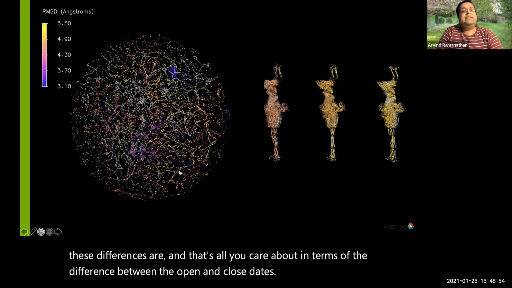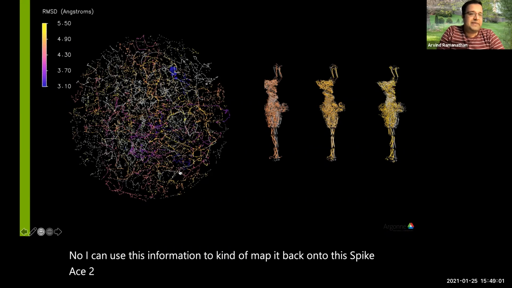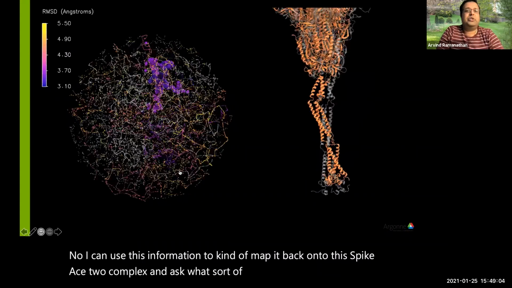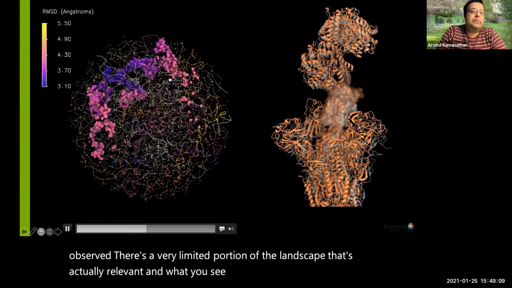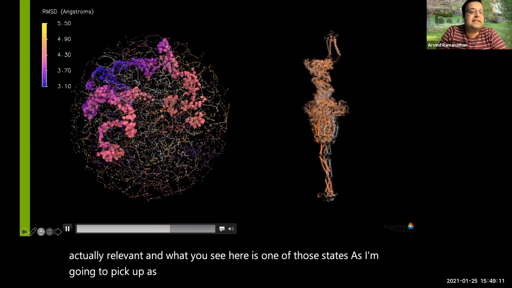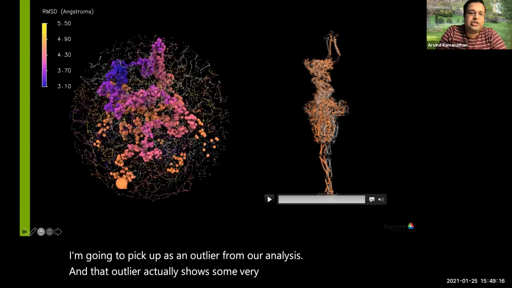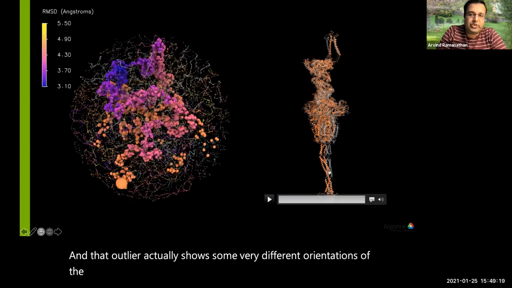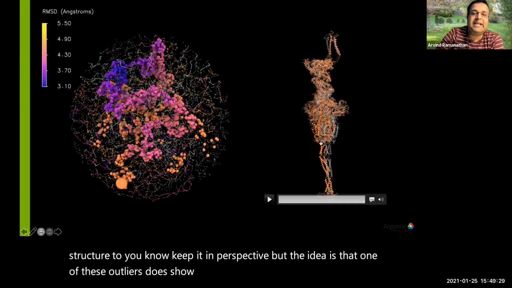Now, I can use this information to map it back onto this spike-ACE2 complex and ask what sort of conformational changes I observe. There's a very limited portion of the landscape that's actually relevant. And what you see here is one of those states that I'm going to pick up as an outlier from our analysis. And that outlier actually shows some very different orientations of the stalk region of the protein. I'm just showing the entire structure to keep it in perspective. But the idea is that one of these outliers does show significant conformational changes in the spike as a consequence